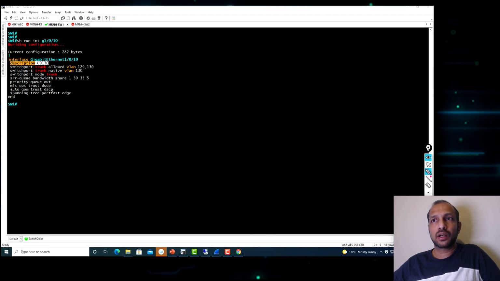In the normal scenario, the best practice configuration, if it's a local mode deployment, is to configure the access point connected port as switchport mode access. This is an access port. Even on the access port, from the QoS point of view, what we need to do is trust the DSCP value.